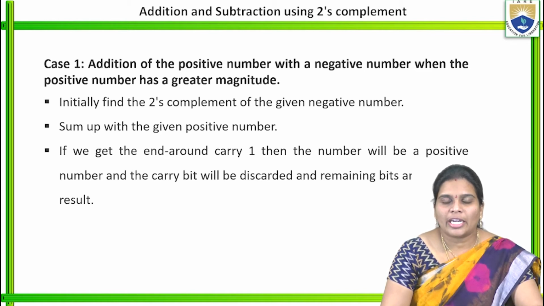If you do not get any carry value, then we apply the twos complement of the resultant value. In the ones complement, if we get a carry, that carry is added to the LSB. In the twos complement, if we get a carry, we ignore it. If you do not get a carry, we again apply the twos complement of that result. This is the difference between the ones complement addition or subtraction and the twos complement addition and subtraction.